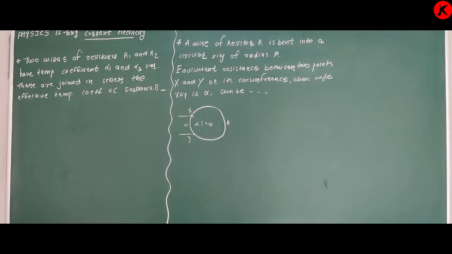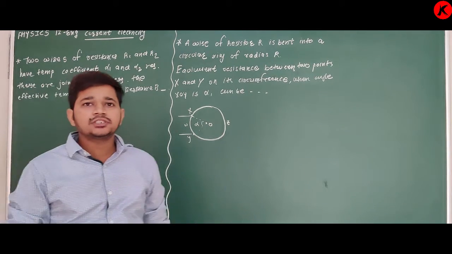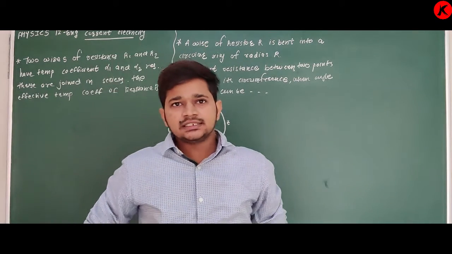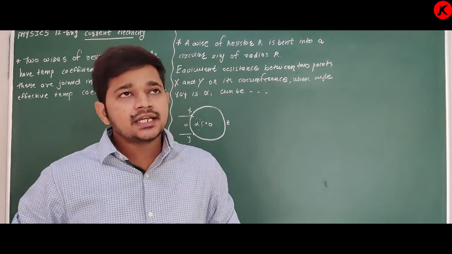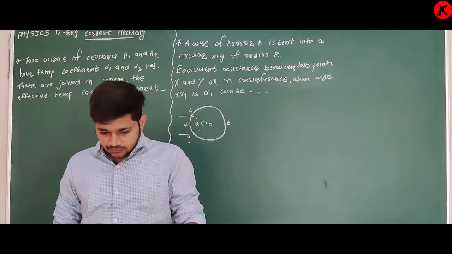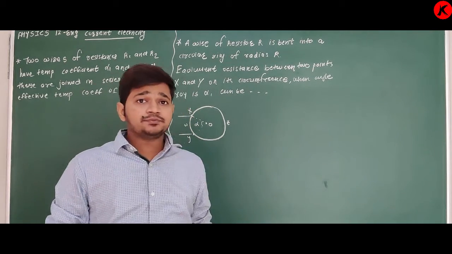Now next question. See, 2 wires of resistance R1 and R2 have temperature coefficients alpha 1 and alpha 2 respectively. They are joined in series. The effective temperature coefficient of resistance is? Understand the question: you are given 2 resistors having resistances R1 and R2 connected in series. For that series connection, you have to find the equivalent